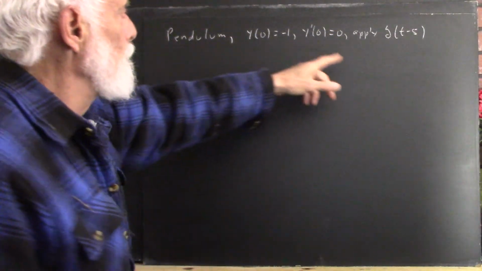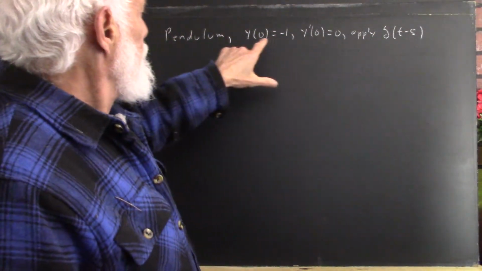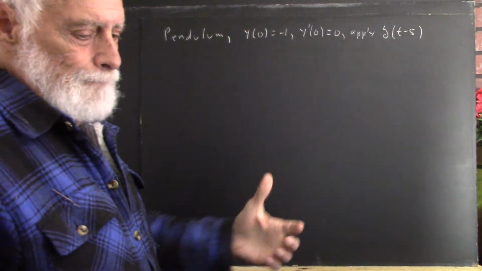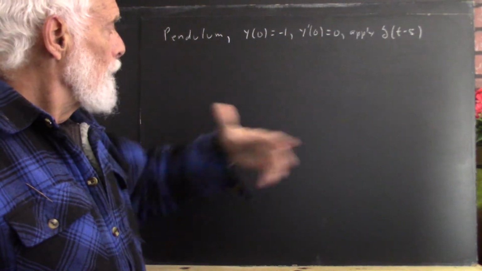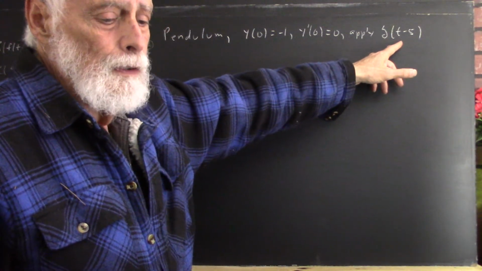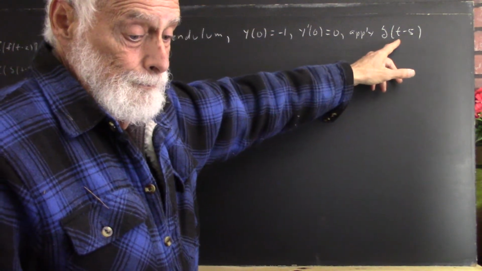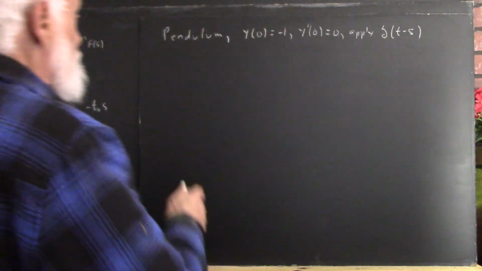Okay, for this situation, it's the same as the previous. We have a pendulum at its negative extreme position, -1, not moving, and we apply a unit impulse at t equals 5. Okay, so there's our delta function. So we have